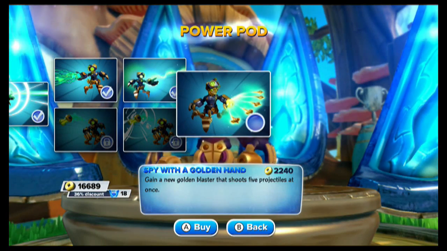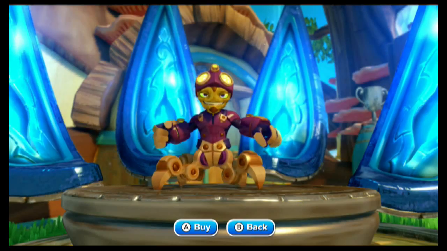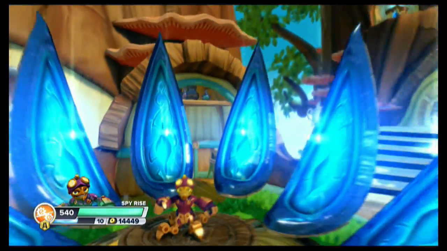And Spy with a Golden Hand is his top end soul gem. The price is $22.40. Gain a new golden blaster that shoots 5 projectiles at once. We're just going to go ahead and buy this. We'll actually sadly have to showcase it before experimental webs, just because you have to operate him in that manner. So